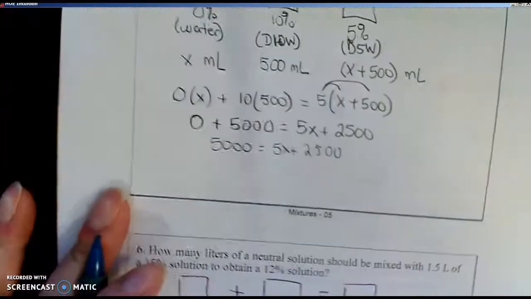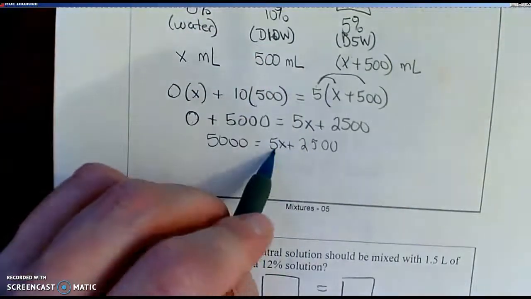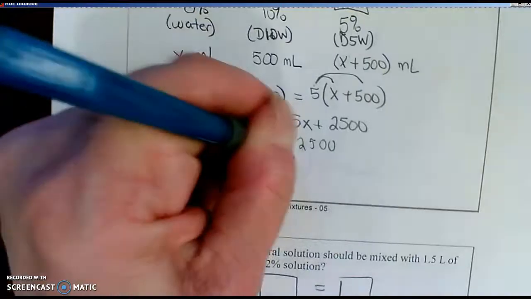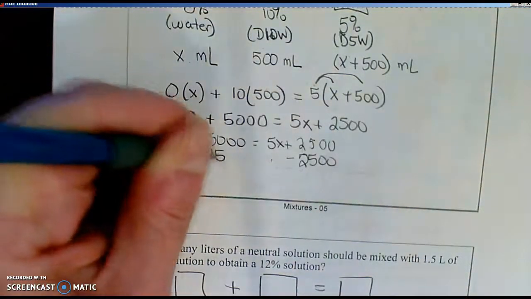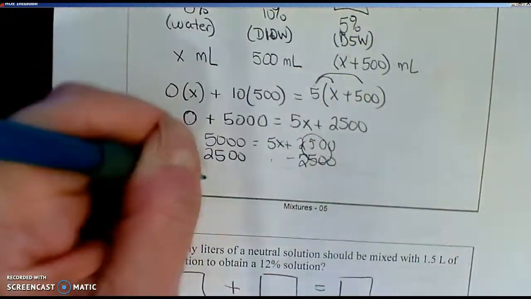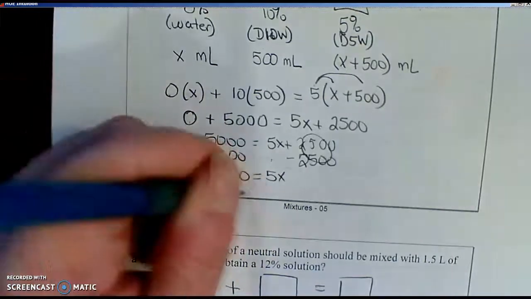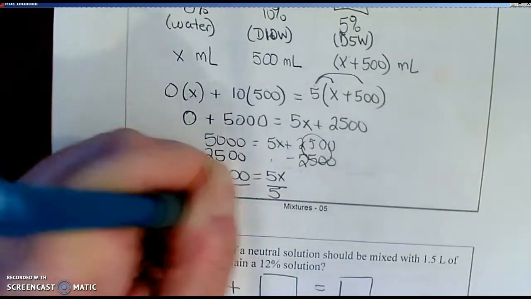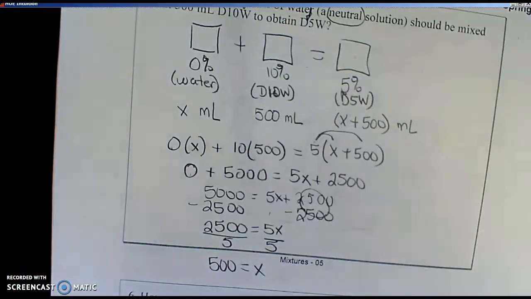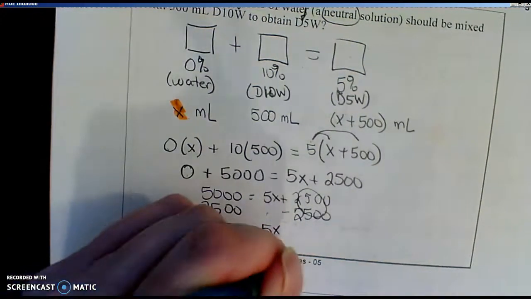Sorry about that. Okay, so now we need to solve for x. So we're going to start by, well, there's only x's on one side, so we only have to deal with the numbers. We're going to subtract 2,500 from both sides. So these guys add up to 0, so we got 2,500 equals 5x. And now we'll divide everybody by 5. That gives us 500 equals x. And remember what x was. X was the amount of water. So that is 500 milliliters